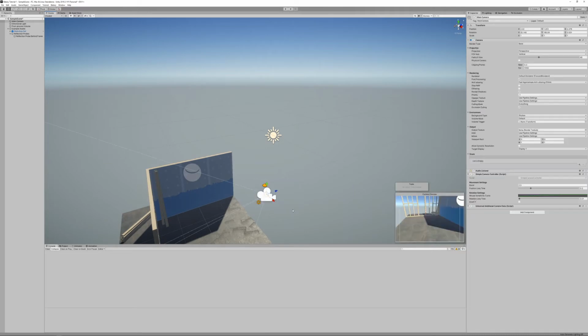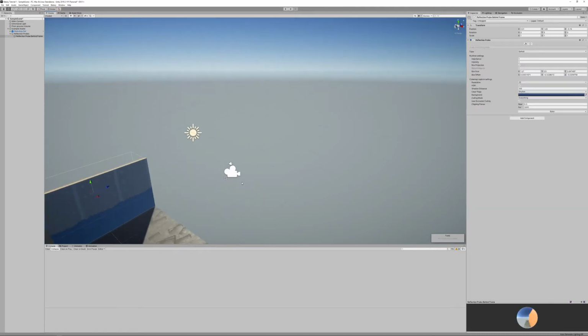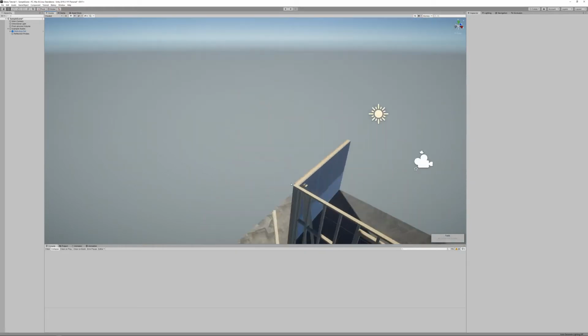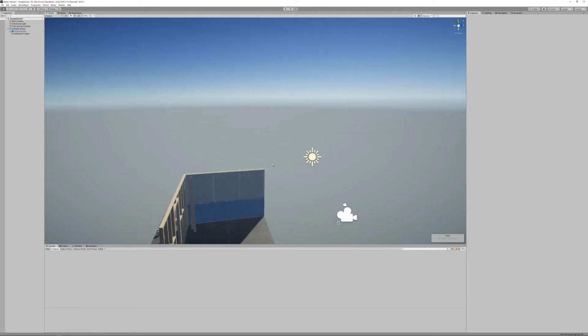So we can leave the main camera here. We can ignore all the stuff on it. There's a directional light. I do want to get rid of this last reflection probe because we're going to create our own. I want to show you some cool stuff to do with that. All right, so first thing we're going to do,